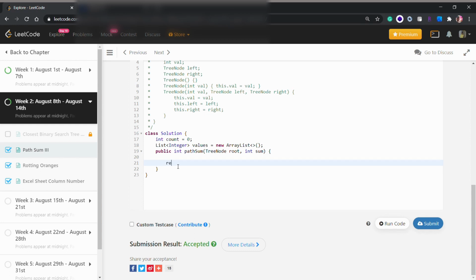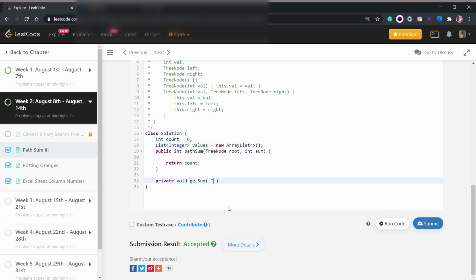Of course we will be returning count. Now I would like to create another method, private void getSum. It won't return anything because we will directly modify this integer count and this values ArrayList. Our values ArrayList will basically contain the values of our nodes.